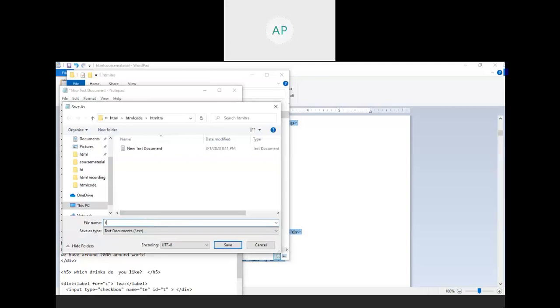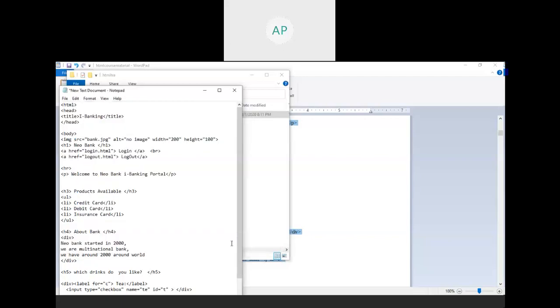We will name it welcome.html. Always your HTML file should have the extension .html. So save as all files. Now I saved it.